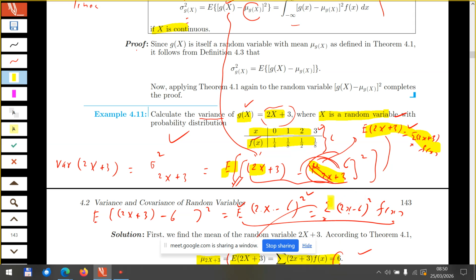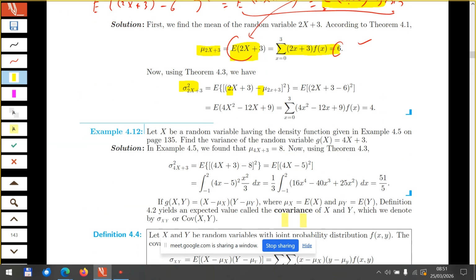So you should expect this formula in the follow-up. You see, that's what is done here. So you simplify, and once you simplify it,